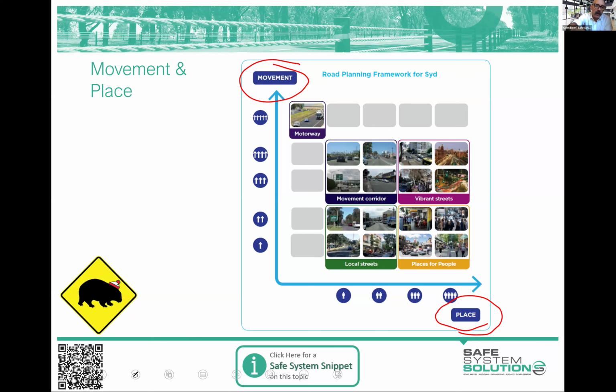So there are some obvious ones like the motorways, which is on here, that is just a movement corridor. Now, I don't want you to think of movement corridors as just the movement of vehicles. No, it's the movement of people and goods. And that could be done on bikes, in public transport, on cars, trucks, whatever it is, but it's about the movement through this area. So that could equally be a dedicated cycleway, for example. I've just happened to have motorway there.